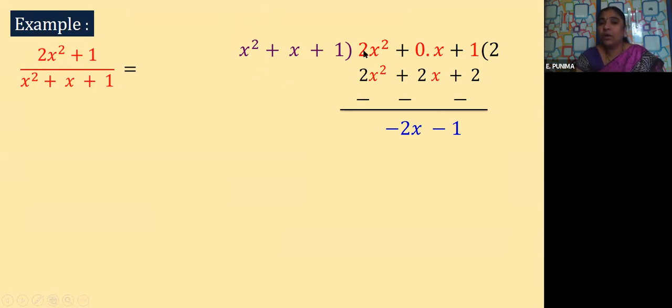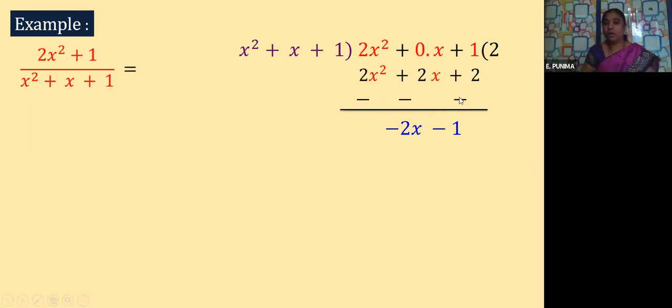Now x square into how much is 2x square? x square into 2. Yes. So here we'll get the quotient. In the quotient place we'll get 2. 2 into x square is 2x square, plus x into 2 is plus 2x, plus 1 into 2 is plus 2. Do you remember this long division method, children? I hope you remember. Okay. So now, because both have the same sign, to subtract them we change our sign. That is minus. Here also plus 2x becomes minus 2x. Plus 2 becomes minus 2.